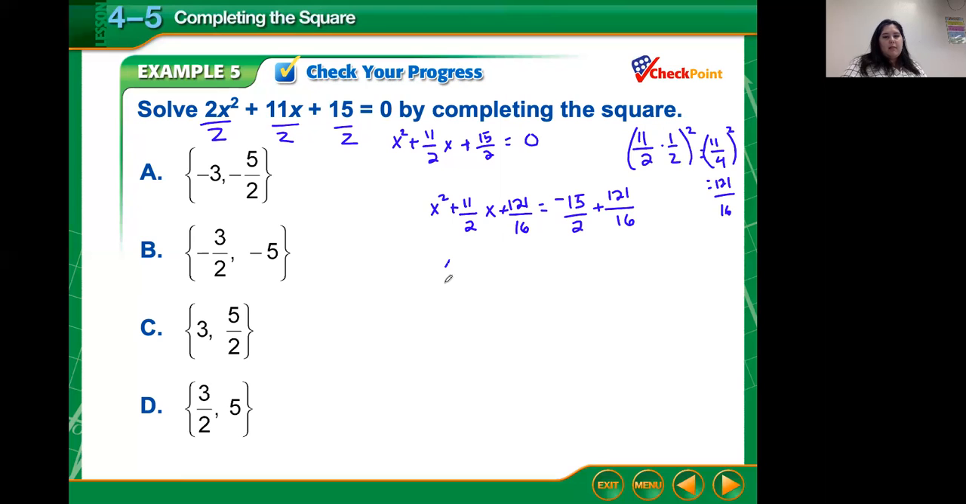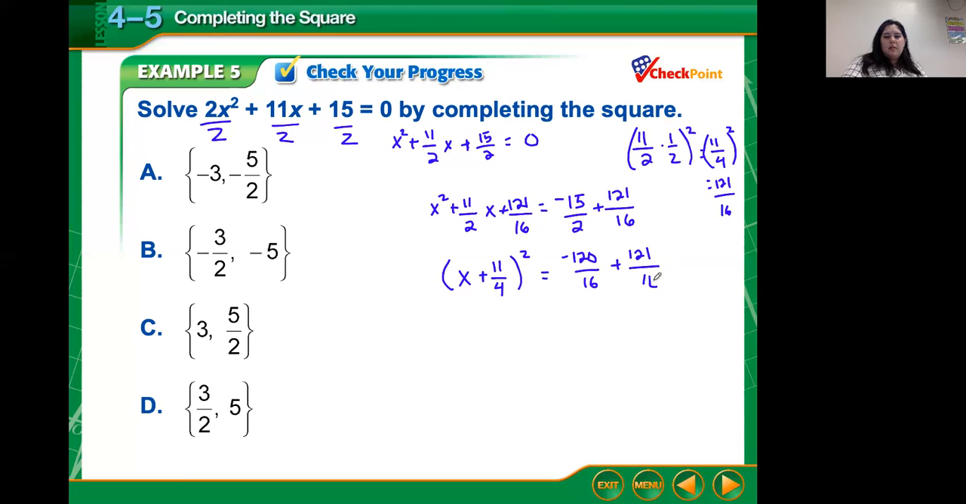So I'm going to go ahead and write this as our perfect square. So we're going to get x plus 11/4 squared. I'm going to show you the step here. We actually get negative 120 over 16 plus 121